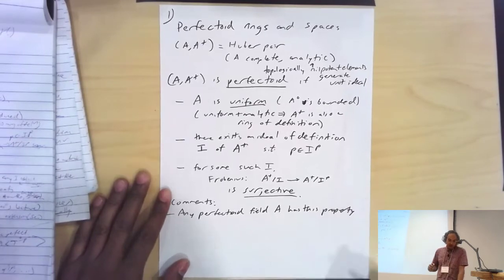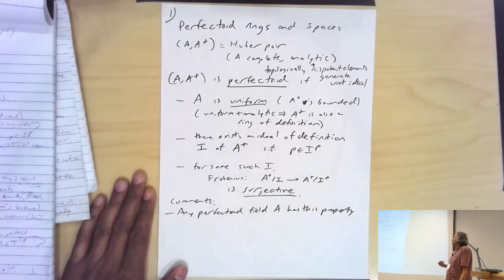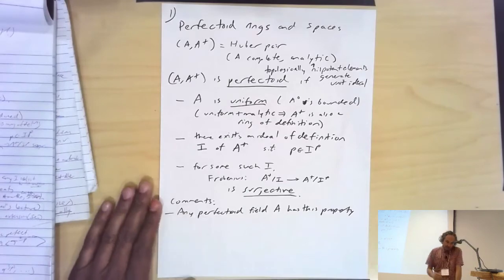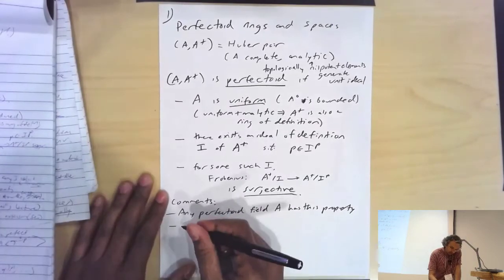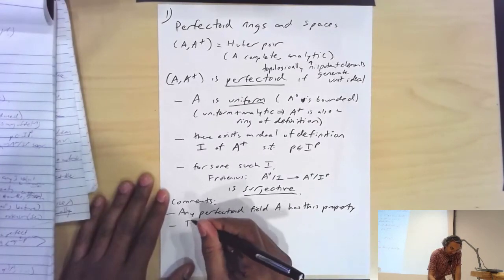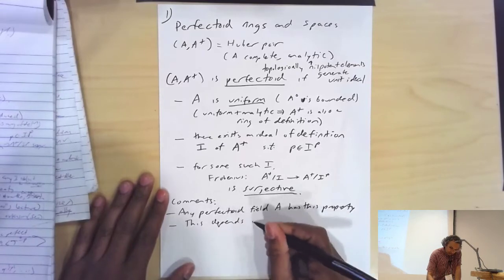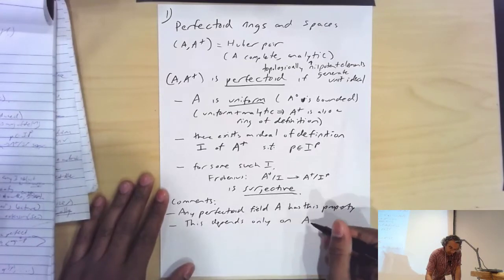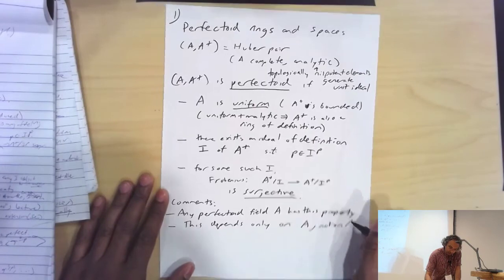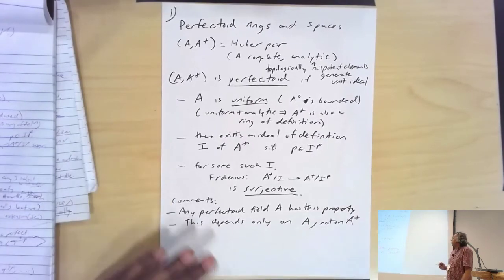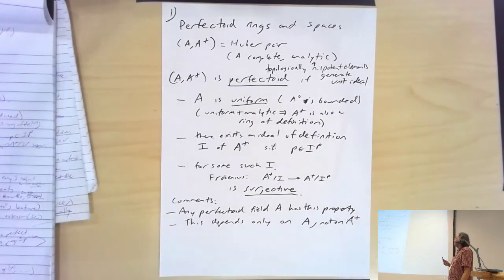Well, a priori, you would take A plus to be a circle, but I should also make a comment that it turns out that this depends only on A, not on A plus, although it's actually not so obvious how to prove this directly from the definitions, but